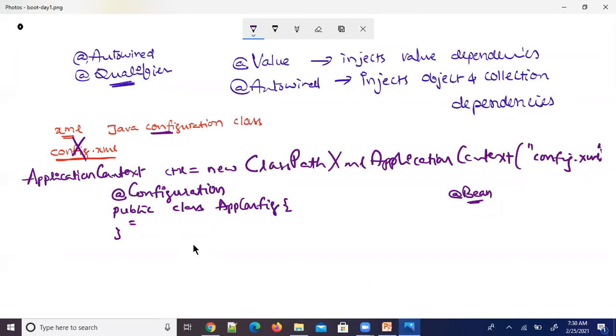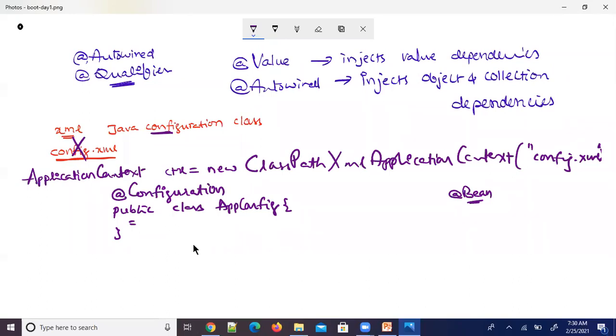So what is the alternate now? Instead of XML, we are writing a configuration class in Spring applications. The configuration class is created by specifying this annotation at the class level. It is a stereotype annotation. It indicates that this is a configuration class in the project.